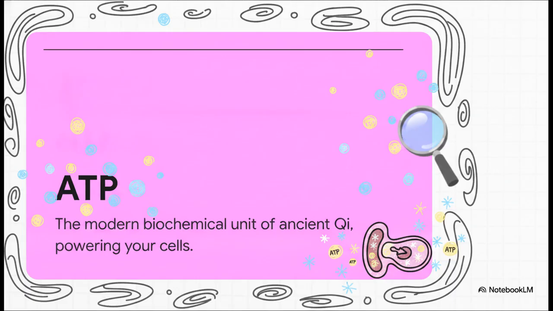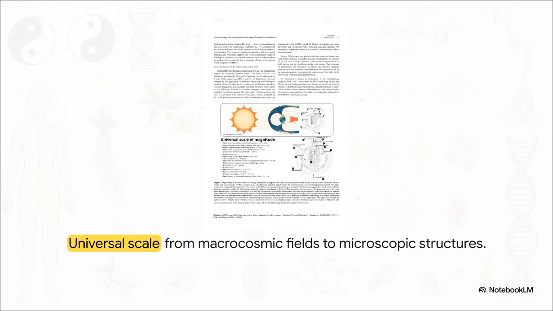And here is a wild stat for you. An average person only has about 250 grams of ATP in their body at any given moment. But to put that into perspective, your body recycles that tiny amount over 1,000 times a day just to keep up with your energy needs. It's absolutely wild to think about the scale of all this, linking our overarching human biofield directly to the microscopic quantum behaviors inside our cells.